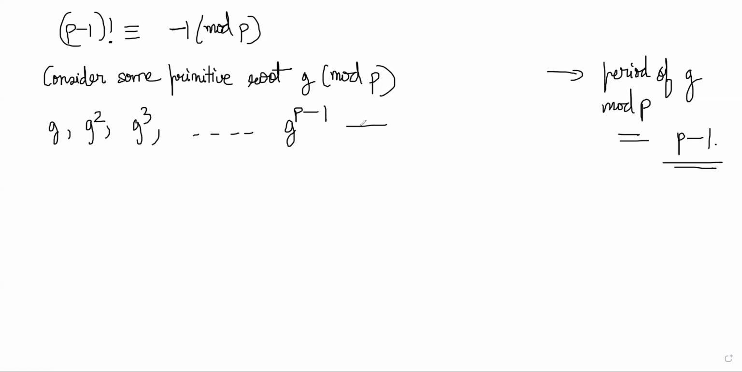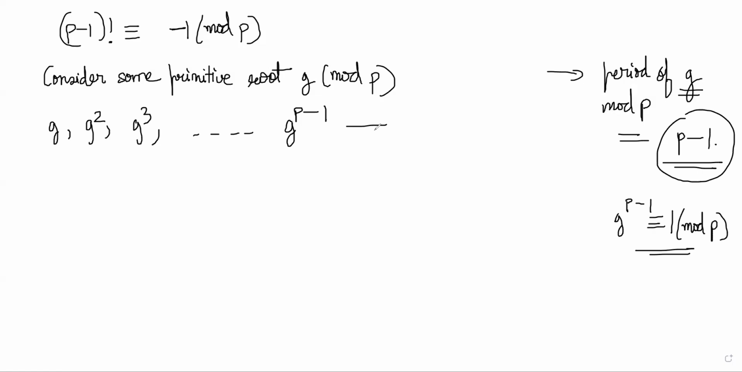Yeah, I'm right. So the period of g, because it's a primitive root, is p minus 1. So g power p minus 1 is congruent to basically 1 mod p, right? Now, this set of powers,